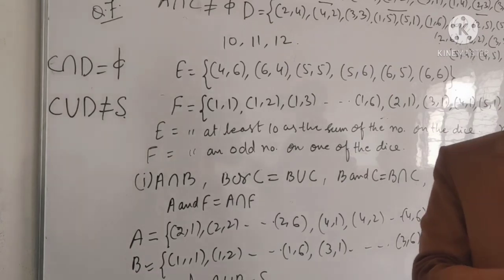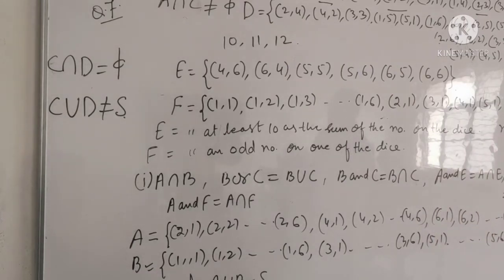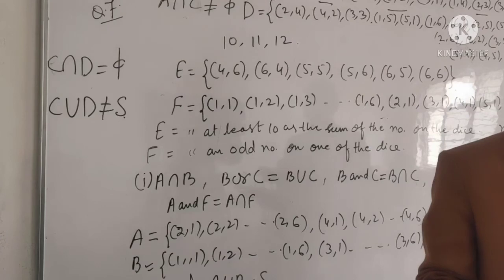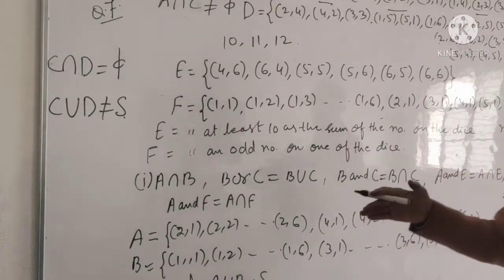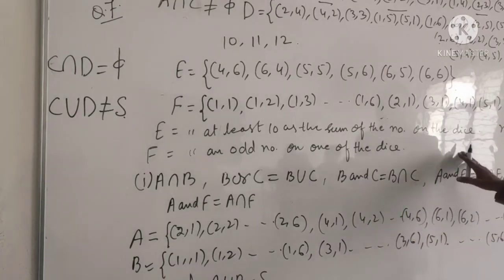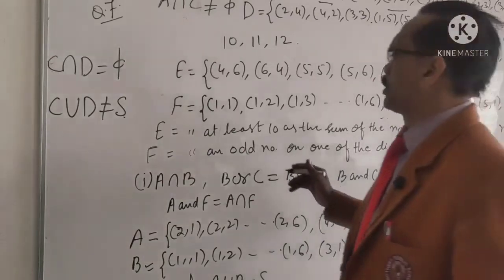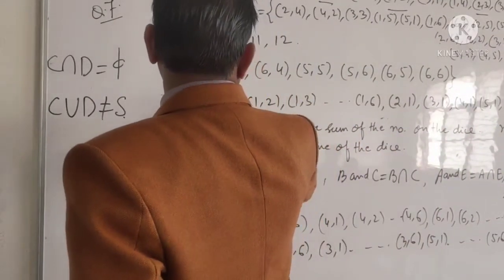Similarly, we will find the complement of A, that is B, and B complement becomes A. So A complement and B complement are mutually exclusive events. That is true. Then A, B, F are mutually exclusive and exhaustive. So A and B are already mutually exclusive. Okay, but A and E, F, they all are not mutually exclusive because there are some elements common here.